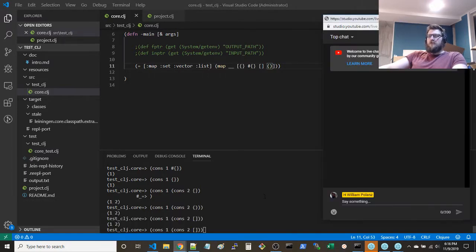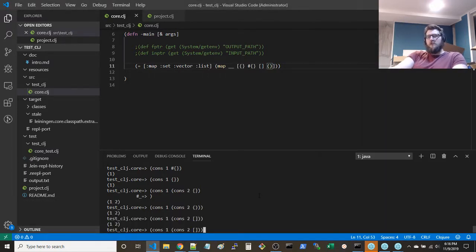It doesn't seem to be much different from one to the other.